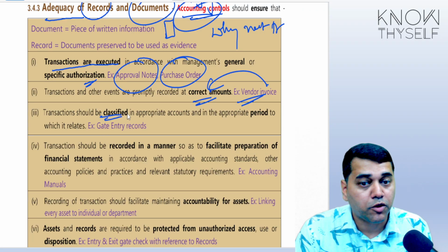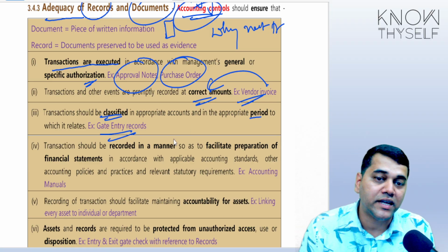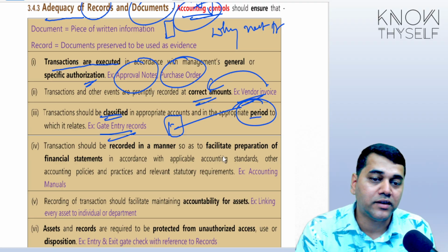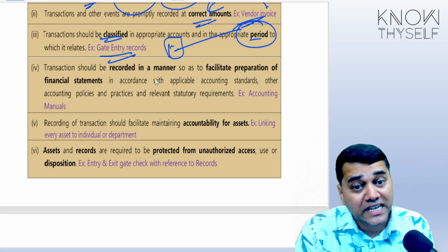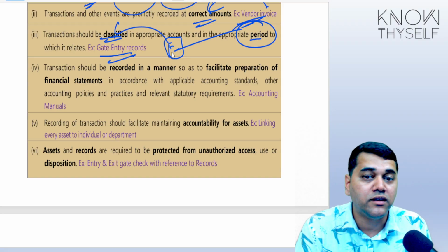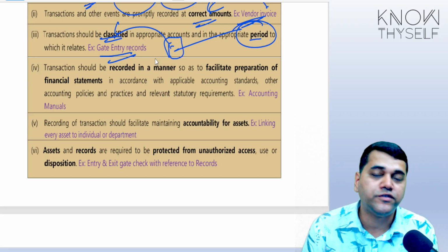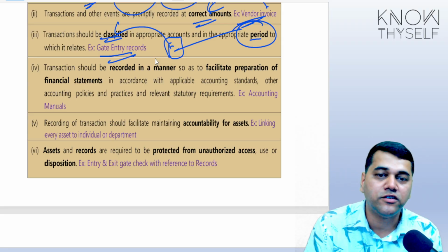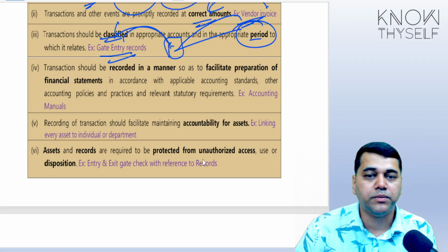The transactions are properly classified and in the right period. Like you have got the gate entry record, like security entry gate, payment slip. That will show you which period this particular transaction belongs to. Transactions are recognized and what item it is, classification you will make accordingly. You tell me, student, will you post some transaction to raw material account or FG account? How do you know? Arey Baba, it is written on a document, no? Whether it's a raw material or whether it's a finished goods. So that document helps you to classify, post in the proper period.